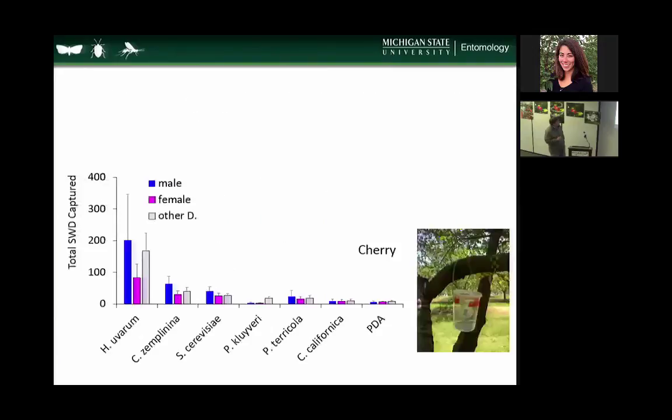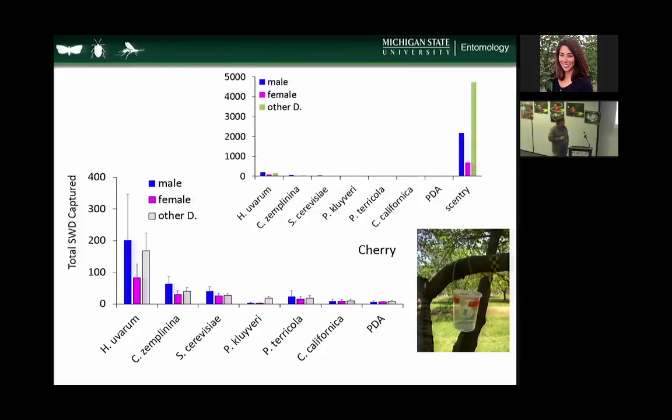So after that, she went to the field in several different environments, and this is a cherry orchard in particular, and started to see it looked like H. uvarum would catch a few more flies than the others and had some potential in it. But unfortunately, the bad news is that she kept a positive control in there. So this is the Sentry lure, and the Sentry lure still wiped out all these yeast strains